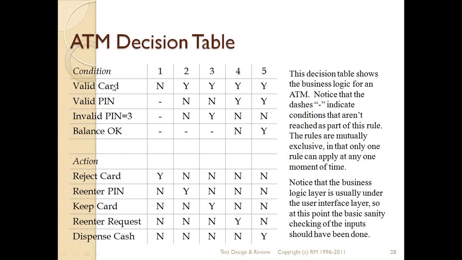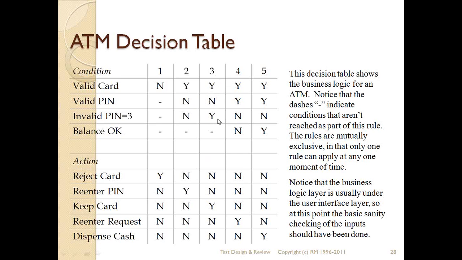What you have is conditions that you give to the system, and the action the system will take, and these different columns of 1, 2, 3, 4, and 5 that you see talk about different business rules that your application is using. For example, I have used the ATM decision table here, which says if my card is not valid, the action the ATM will take will be to reject my card. Business rule 2 says if my card is valid but my PIN is not valid, the system will ask me to re-enter the PIN. The third business rule says if my card is valid, my PIN is invalid and I have entered my PIN invalid 3 times,